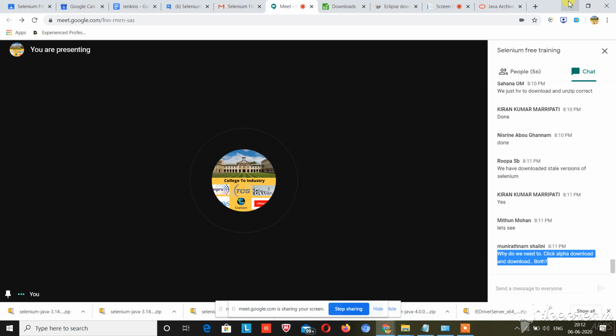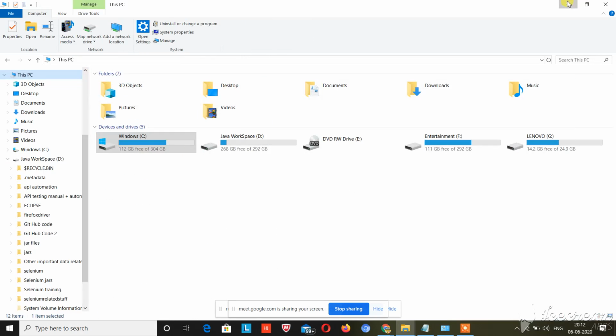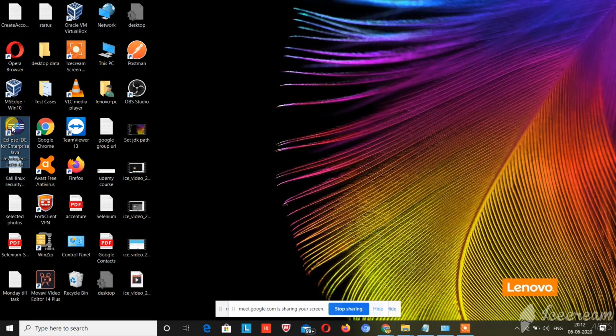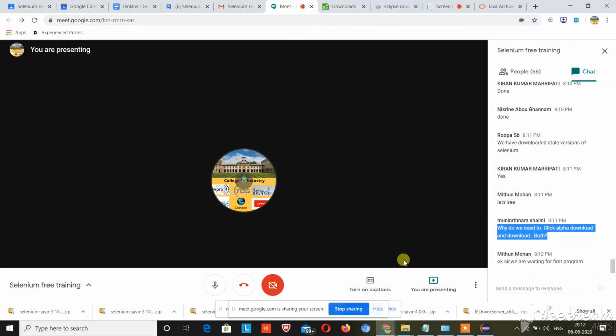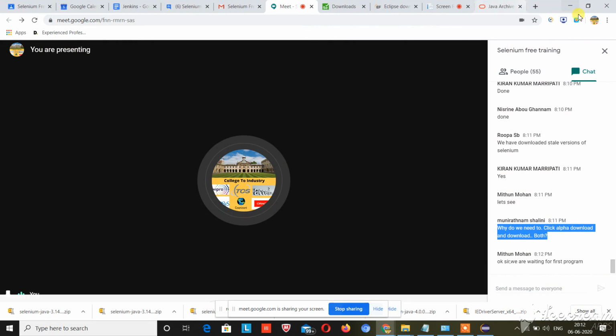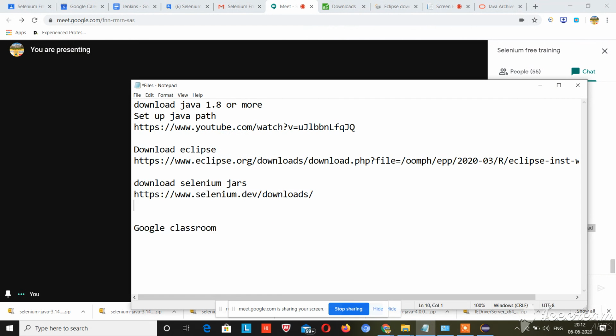So guys, now I will start my Eclipse. Double click on your Eclipse and your Eclipse will start. Before that, one more thing left, guys, the most important thing: download the Firefox driver, because I will be scripting on the Firefox browser.